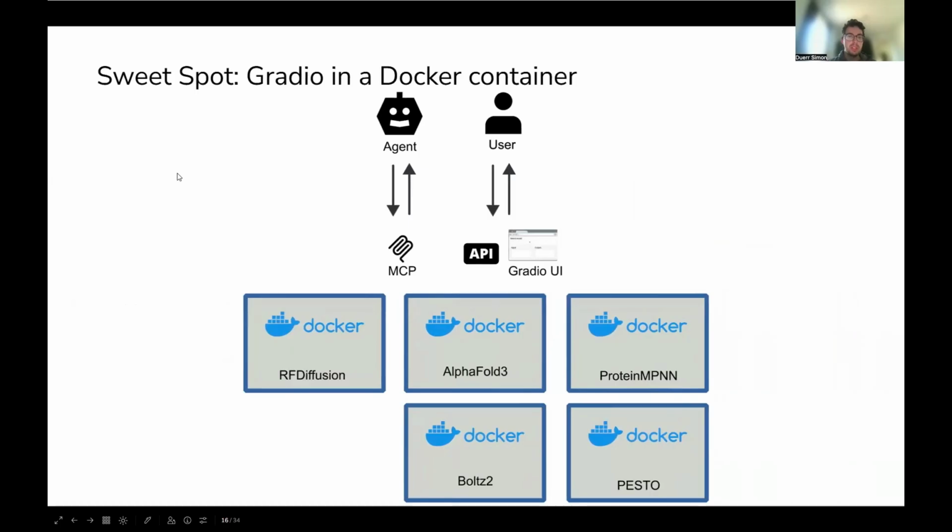And this is where I think the sweet spot is, which I want to talk to you about: this Gradio tool, and this GradioBio library that I'm developing that hopefully makes things a bit easier for us bio people, because Gradio is a general purpose framework developed for machine learning. So my vision is that all these tools live in different isolated containers, and if users or agents interact with them, they do this via a unified API or using a UI.